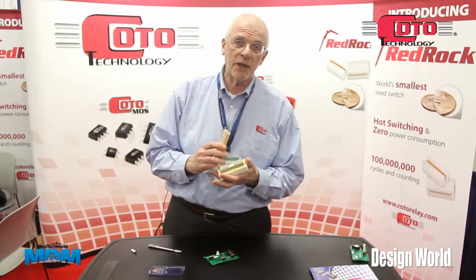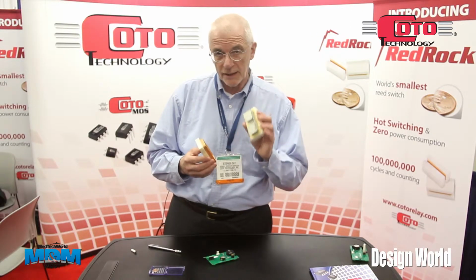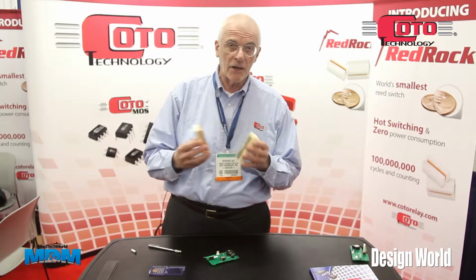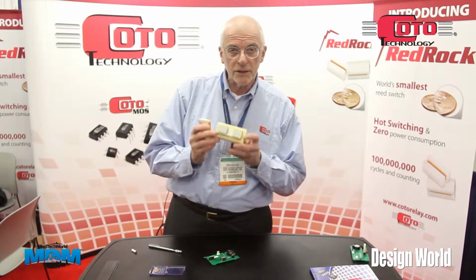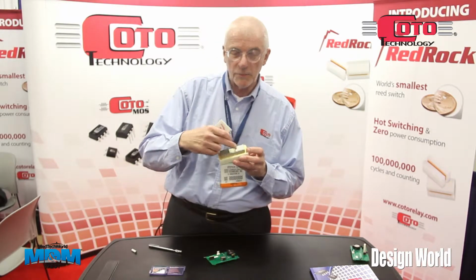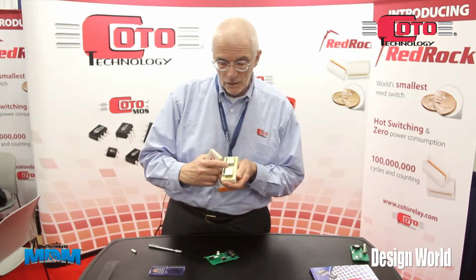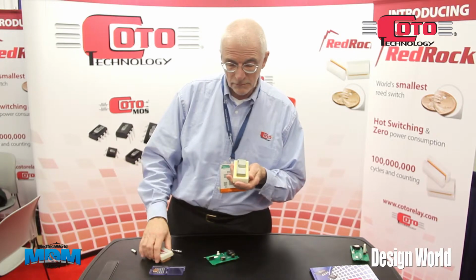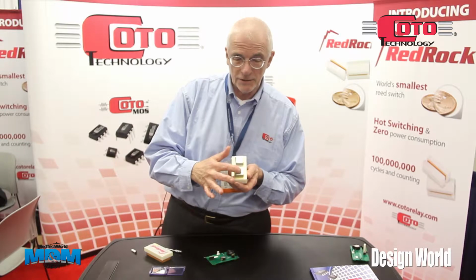This is a magnetically operated reed switch, which is used to close an electric circuit. The way we make this switch is we build it using semiconductor fabrication techniques, rather like a semiconductor chip. The switch looks like this. We've got a metal block on a ceramic wafer. We make about 10,000 of these switches on one wafer. There's an actual electrical gap here. When a magnet comes close to the switch, that gap closes and an electric current flows between this block and